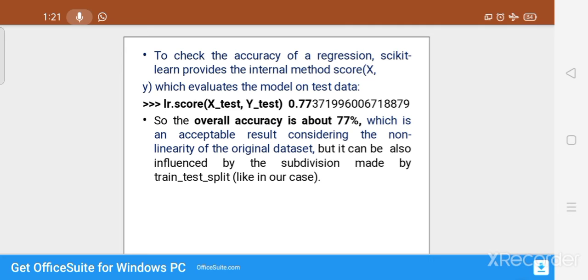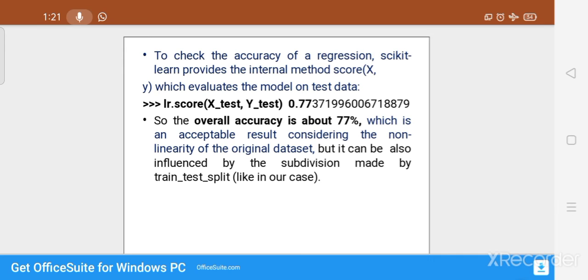If we want to provide the accuracy of this regression, scikit-learn provides us the internal method score, which evaluates the model on test data. Because if we want to find out the accuracy, whatever model we have built from the training set, we have to apply it on the test set.